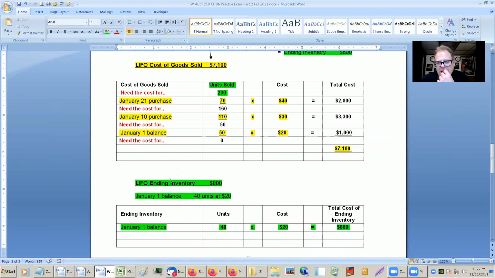Any questions on any of this? All right. No, okay. So yeah, cost of goods sold is not so much difficult to imagine, it's just tedious, keeping track of all the layers and all that. Okay. Well, I will see you guys in a week's time. We'll start a